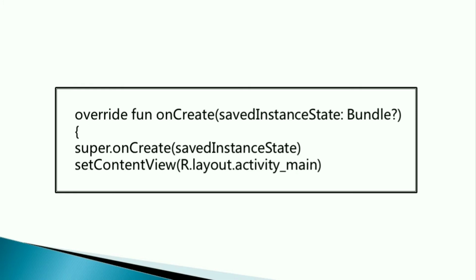This package provides classes and interfaces for basic operating system services and inter-process communication on the device. We have appended question mark to the bundle class. By adding a question mark to the type, we let the compiler know that the variable is nullable. In the absence of this, if we try to assign null to the variable, then error will be raised during compile time. Now we are starting function definition.